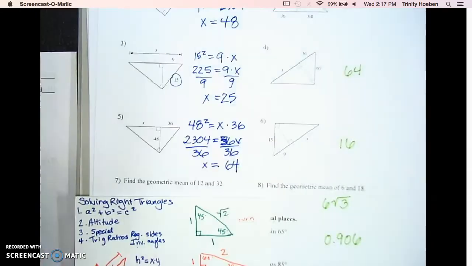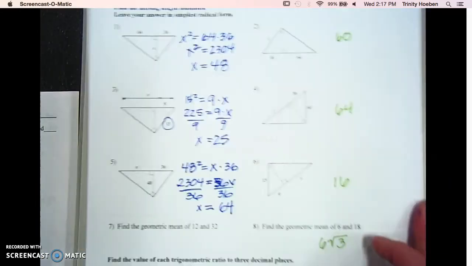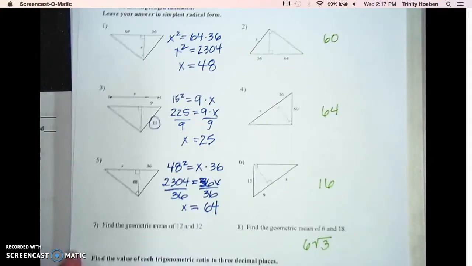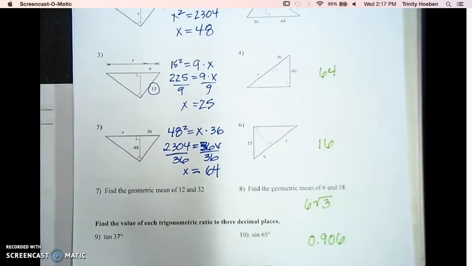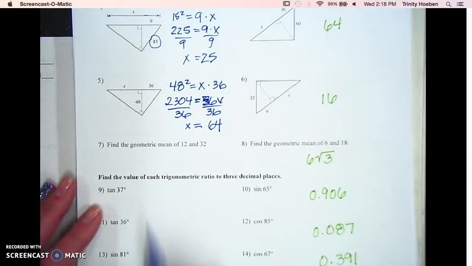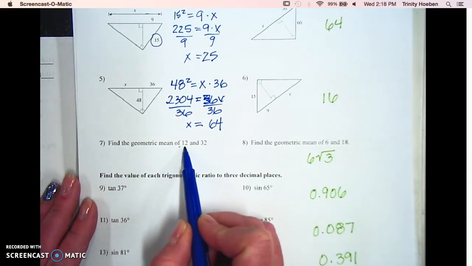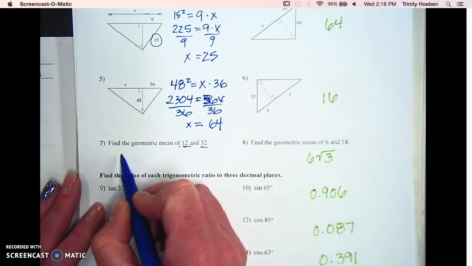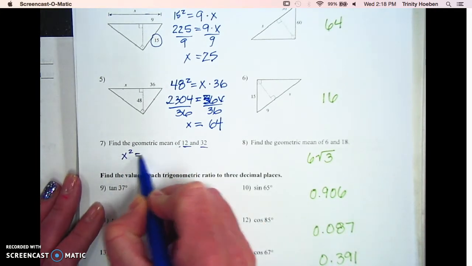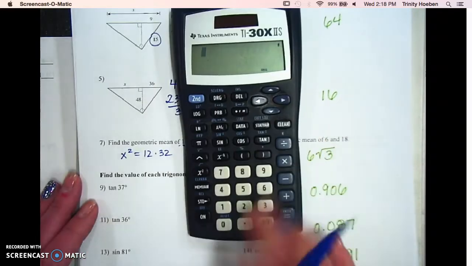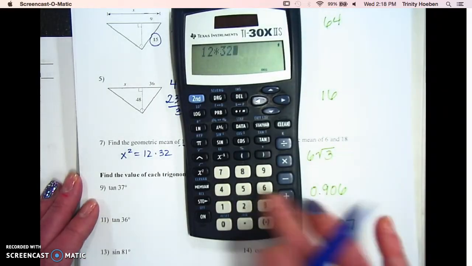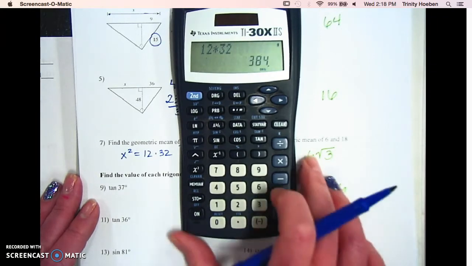All right? Check your answers for numbers 2, 4, and 6, and make sure you got the same answers I got. Jumping down to number 7, you're going to find the geometric mean of 12 and 32. To find the geometric mean, you multiply the 2 numbers and then take the square root. On your calculator, multiply 12 times 32. You're going to get